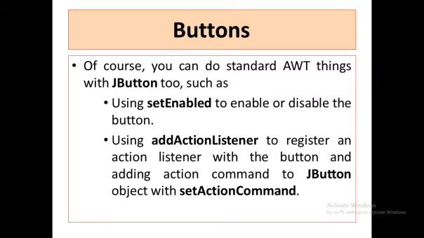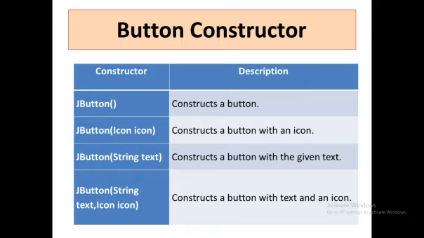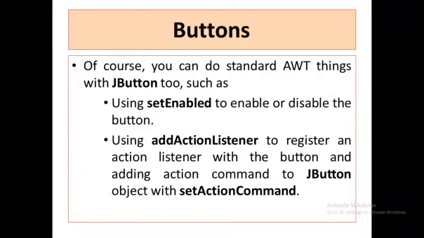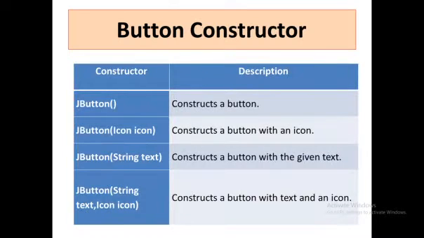How we have to set that: addActionListener, setActionCommand. For this button we use the ActionEvent class. Okay, so here these are the constructors of the JButton class, the default constructor,